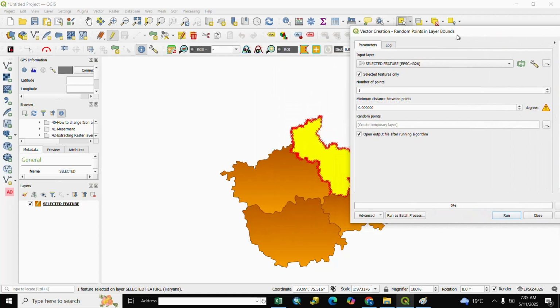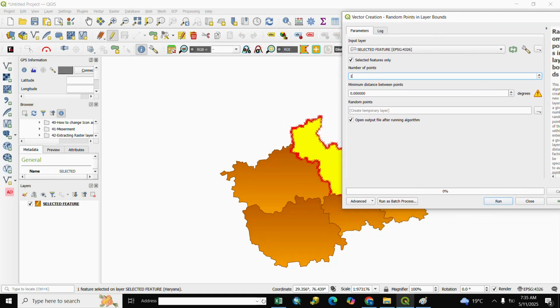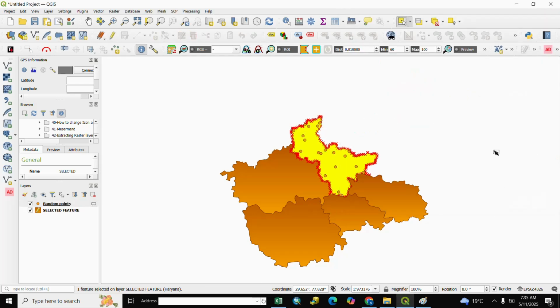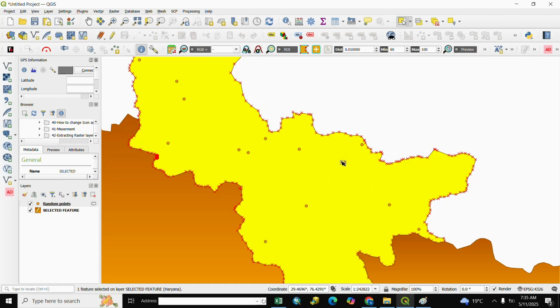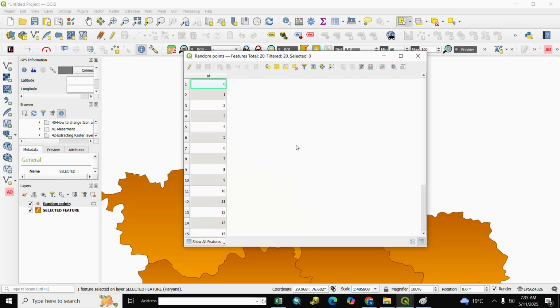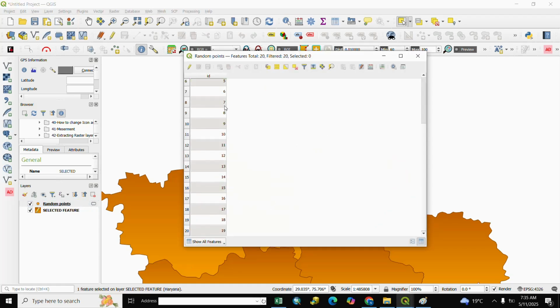We generate points only in the selected feature and we give a number of points. We give 20 as the number of points. After it we run it and close it. You see here random points generated and we count them. For counting we click here and go to open attribute table and you see here 20 random points